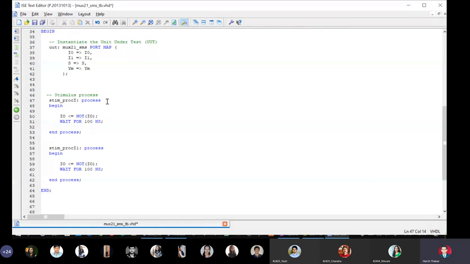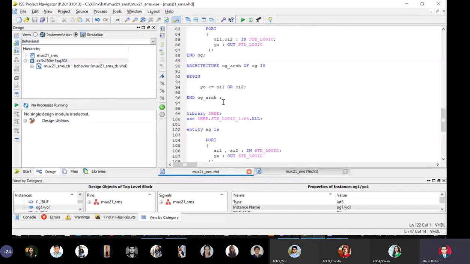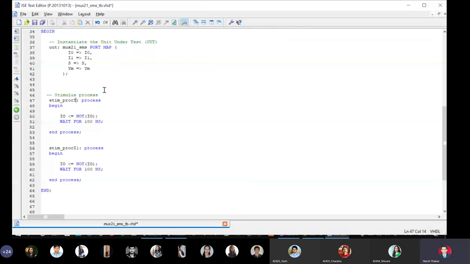Let me see what are my signals. So my signals are I0 and I1. Okay, so 0, 0. You see the difference? I had actually written I capital O. It was I0, right?